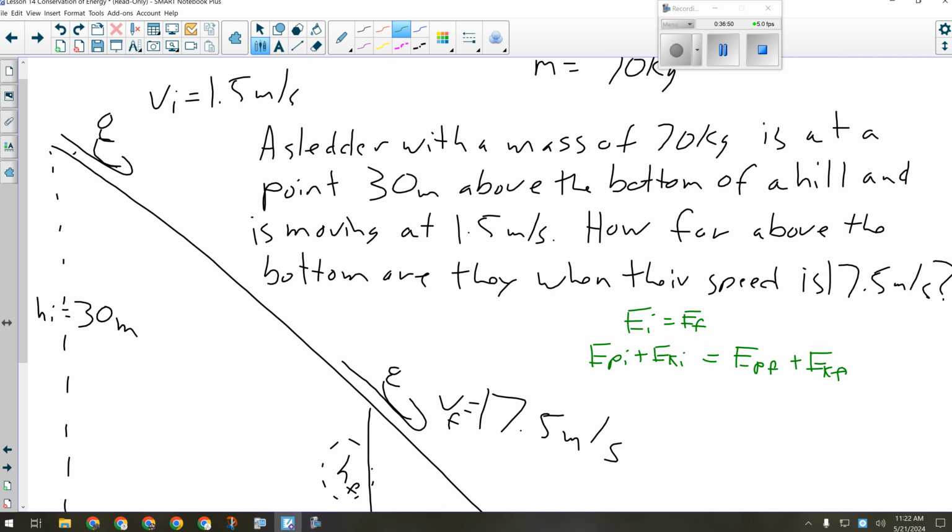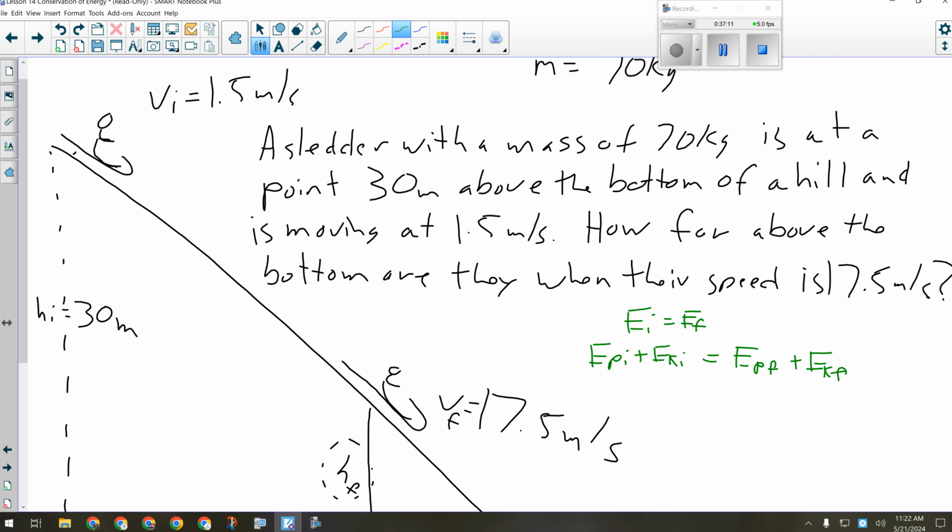Okay. Previous to this question, we've been able to cancel some of those off because they're zero. Are any of them zero in this one? We have to assume that the final potential is not zero. They are asking us to calculate the final height. It's pretty rare that they would ask you to calculate for zero. Okay? So we have to assume that none of these are zero this time.